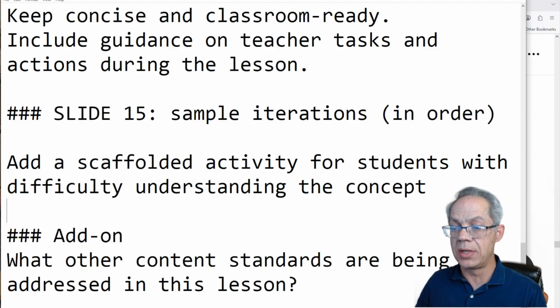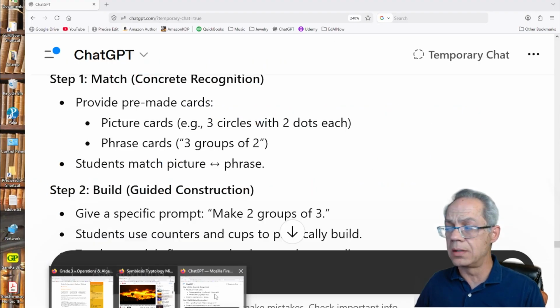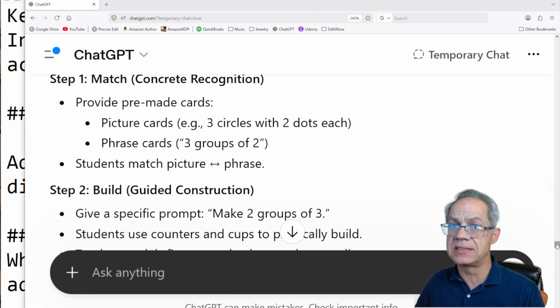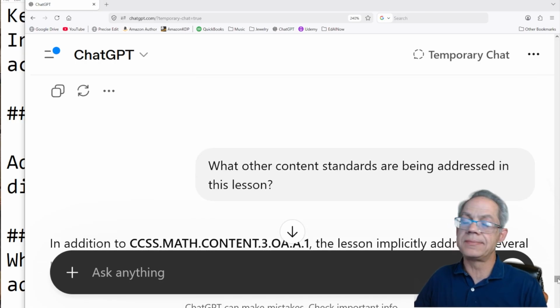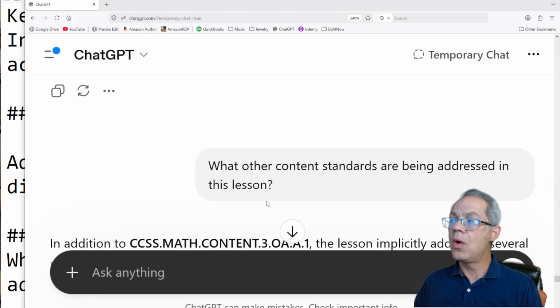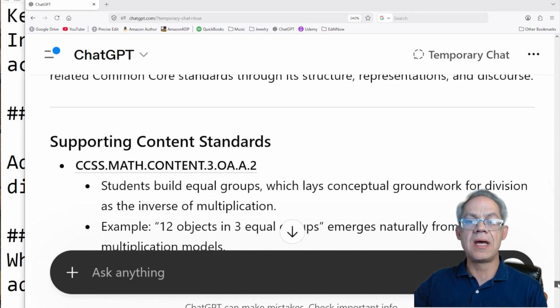But I will make one more note. There's not enough time in a school year for addressing every content standard one at a time, and it doesn't even make sense to do that. So one of the things I'm going to ask for is, by the way, what other standards are being addressed in this lesson? And it's going to tell me